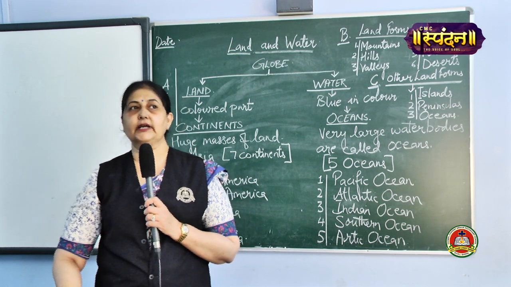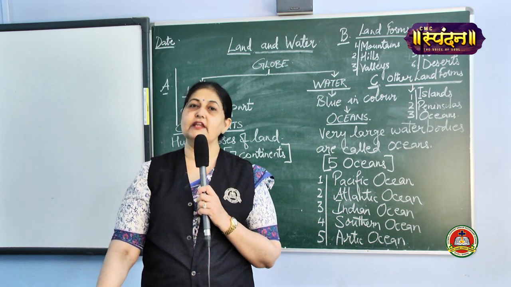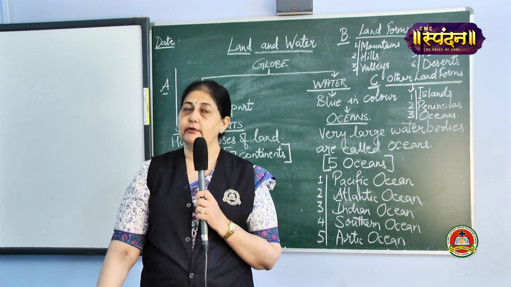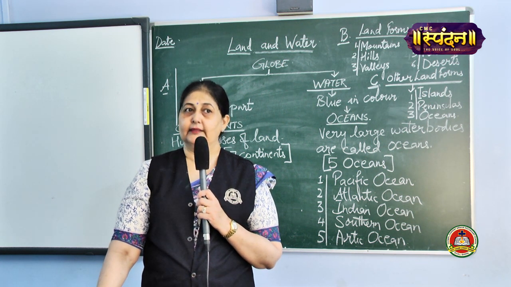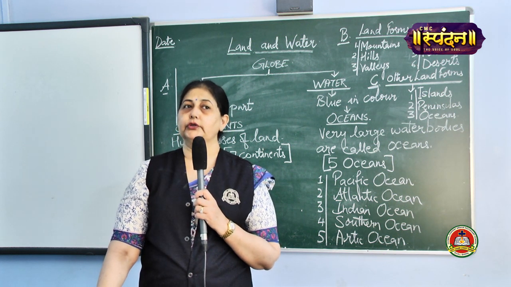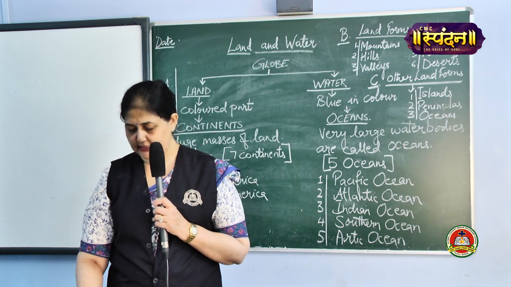Children, now agriculture can be easily practiced because that area and that land is very, very fertile. The water which comes to that area from the mountains by the rivers carry very fine soil. That soil happens to be very, very fertile. So the crops grow very well in that area. It is good for agriculture.